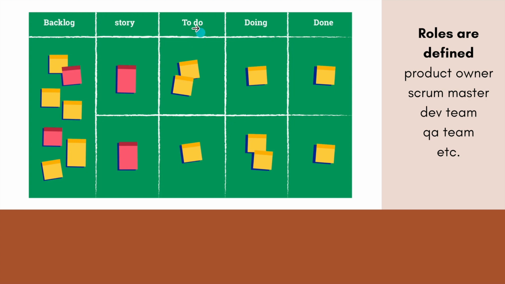Again, it also has to do, doing and done phases. So it gives more and more clarity on where the team or which member is doing what, and where the ticket is in progress. So it gives a clear picture of what is being developed, how much is the progress of the project, and every other thing is very clear, because all the things are divided into small backlog items, and from the backlog we take one story which is of higher priority, which is decided by the product owner,